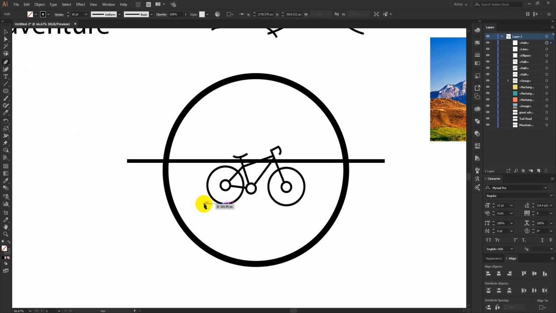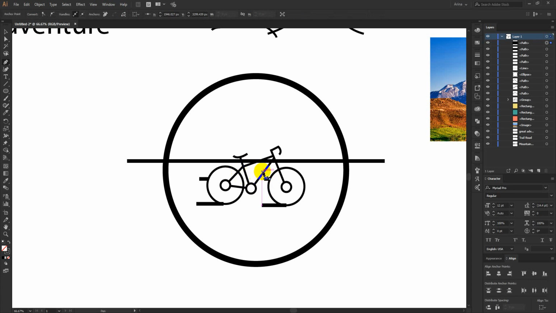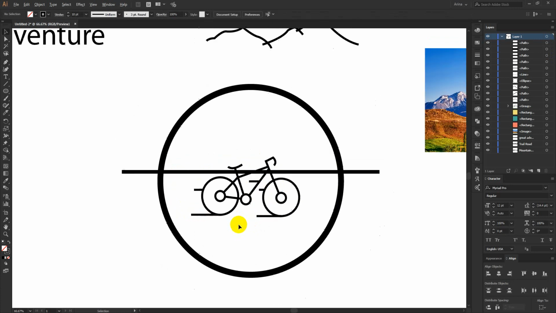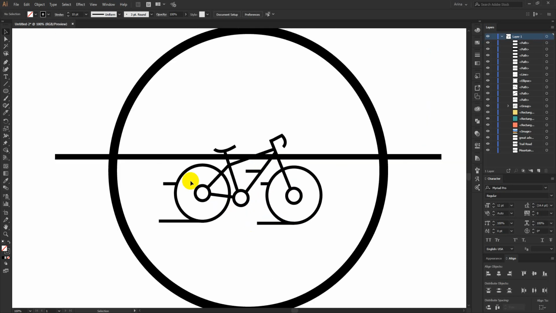So I am going to take my pen tool and make some lines from these areas. This will give it a feel like it is a running cycle. We have done this kind of effect before on that American football design I did. So first of all, I have to make them all the same size. So I am selecting that shape, and that is now the same size. All of them are the same size.